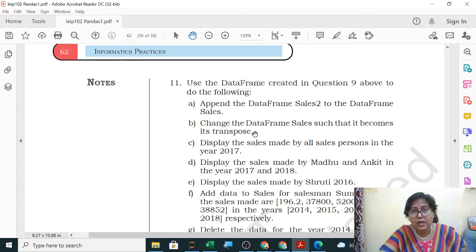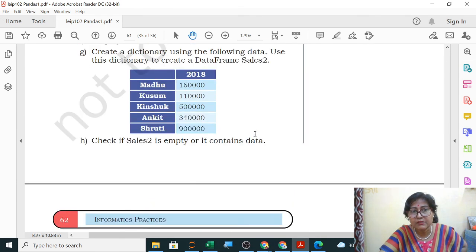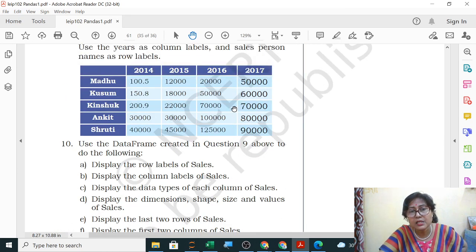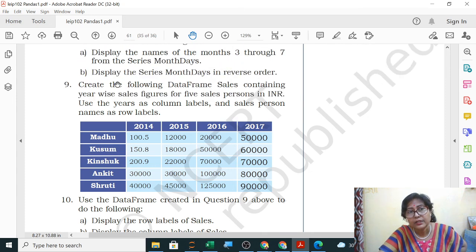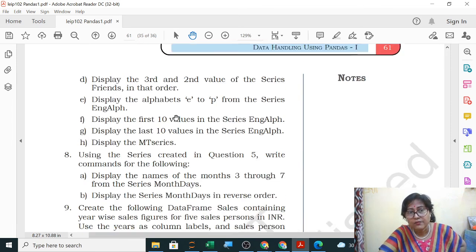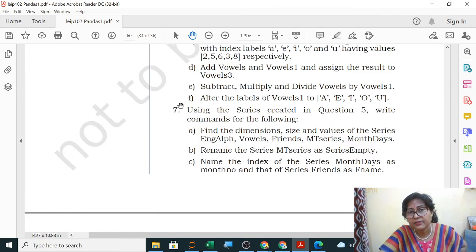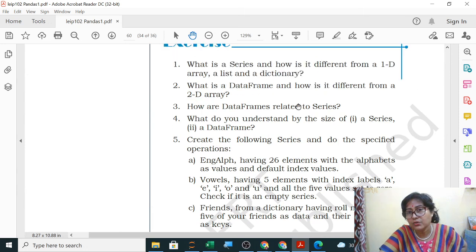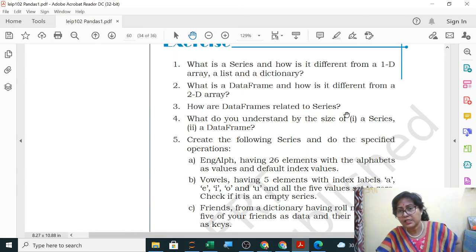So these all are your questions. Case study will come in your exam. So create a dictionary, display the last 2 rows. So next class I will ask you all these questions. You have to switch on your camera and give the answers. So you practice all these questions. If you have any doubt, you just tell me. I will clear your doubts.